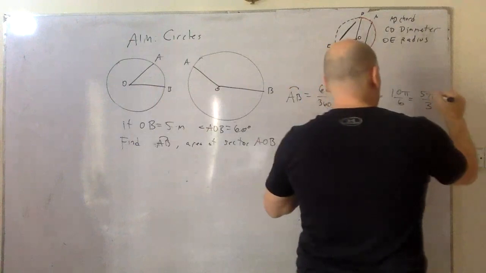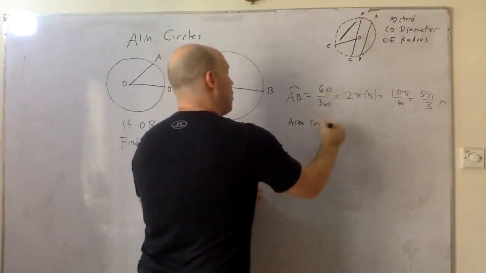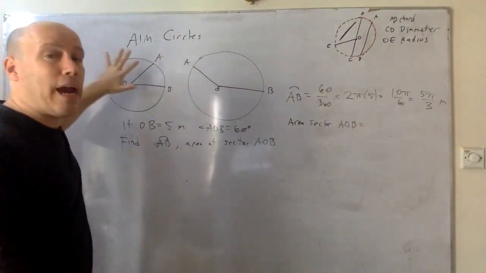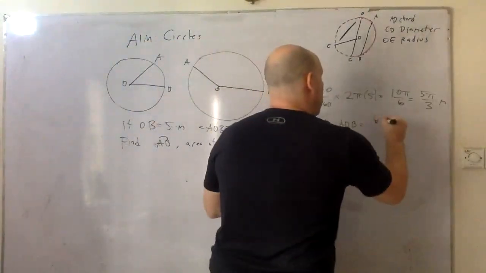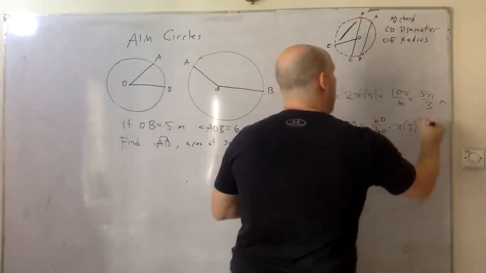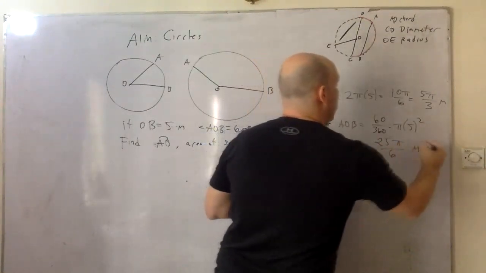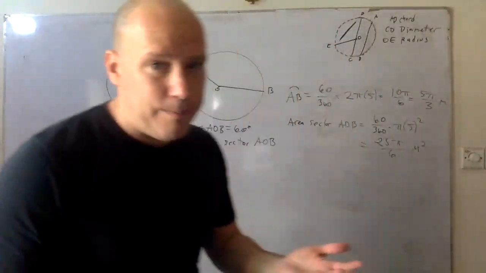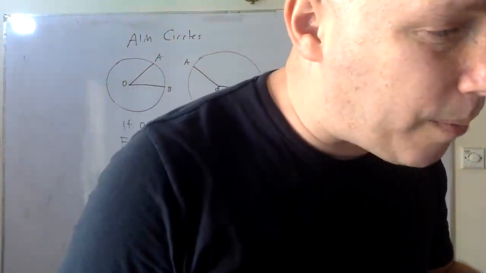That's meters. And then how do we find the area of sector AOB? Well, same idea. It's a part of the whole area. So it's 60 out of 360, or 1/6 of the area, pi r squared. So it's 25 pi over 6 meters squared. And then obviously in an advanced class, I can give you more advanced questions. For example, I might say,